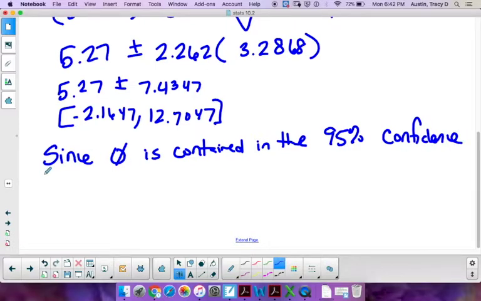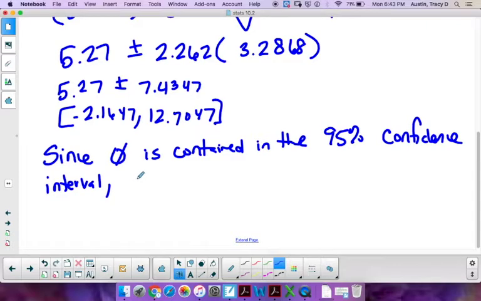If we did a 90%, which is technically what we should have done since we did a one-sided 5%, it would be narrower. It kind of proves it even better, because we could do an alpha of 2.5% instead of 5 and we've already proven that it still works. Obviously our p-value was high enough to fail to reject at just about anything unless we took an alpha of like 10. So since 0 is contained in the 95% confidence interval,